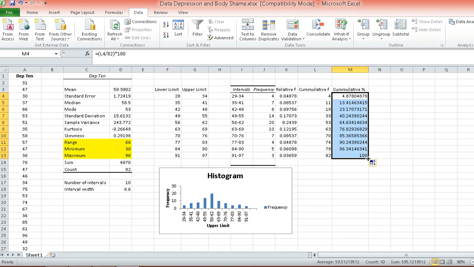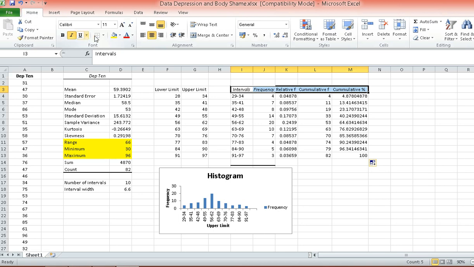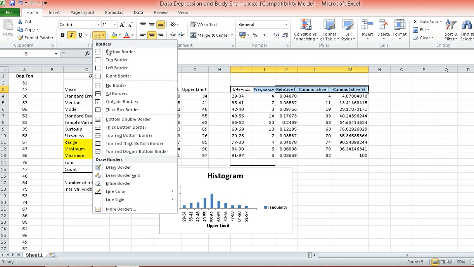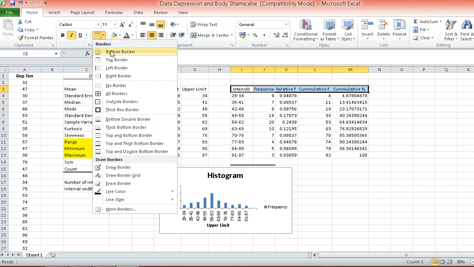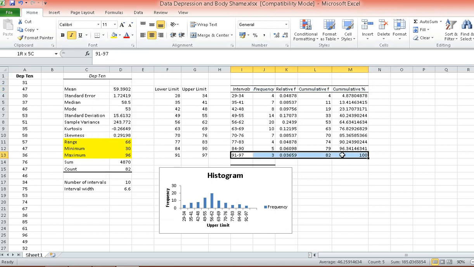Then drag it down. I'm not sure if you would include this in your report, but some textbooks suggest that these might be some useful information. So there you have it, our completed table.